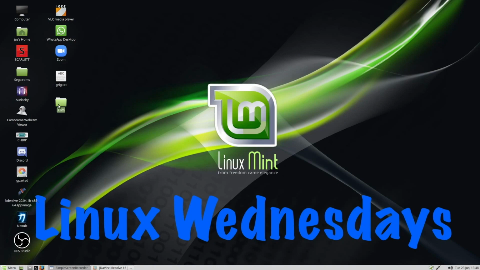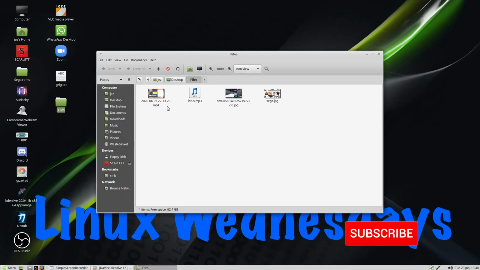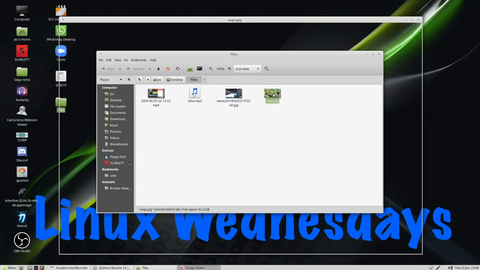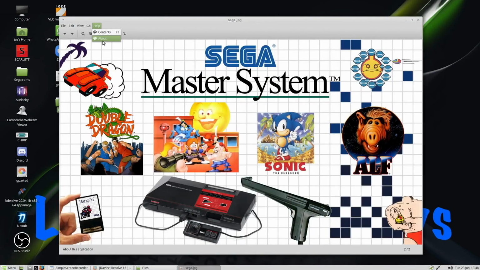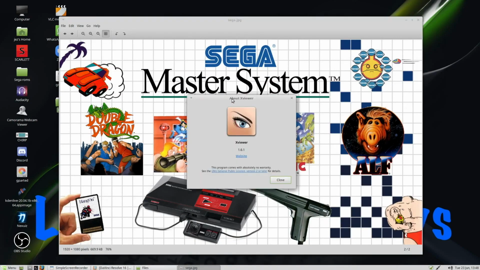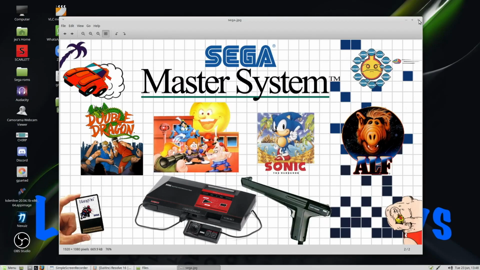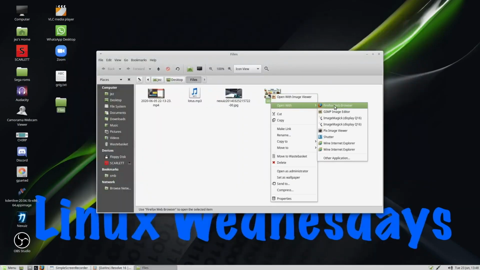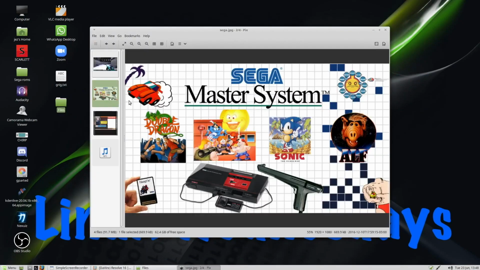So if I go into this folder here called Files, you'll see here I've got an MP4, MP3, a JPEG and another JPEG. If I double click this JPEG, open it up, press on Help and then go About, and you'll see it says I'm using XViewer as a default program. Now I can right click and go Open with, and I'll pick Image Editor Viewer. It opens up